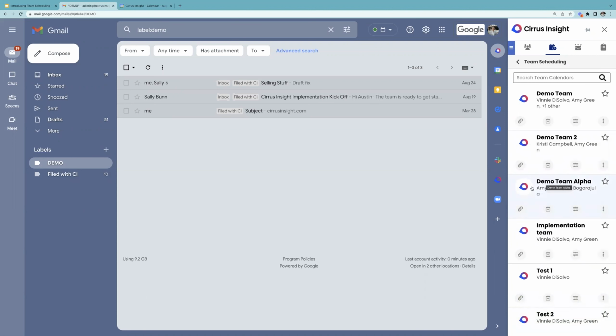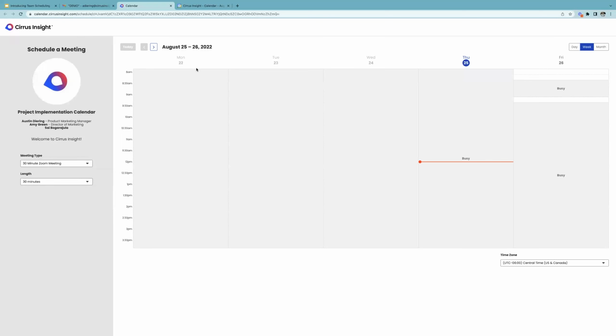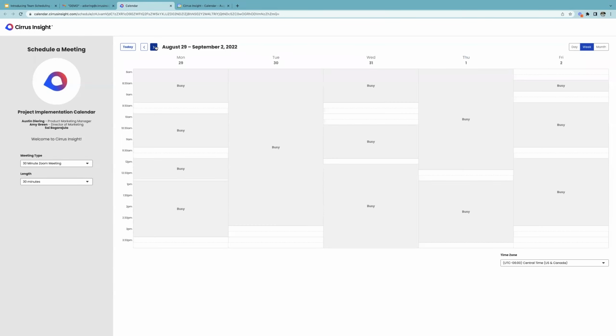And I can do a couple different things from this screen. I can either click this link and add it directly to my clipboard so I can paste it within a compose window and send that directly to my customer. I can also go through and select some time slot buttons if I'd like to, but I want to showcase what it looks like from the customer's point of view. So what I can do is go through the 3 dots right here and click view scheduling page. It will open up a new link within my browser, and I will be able to click through and look at which time slots all 3 of us